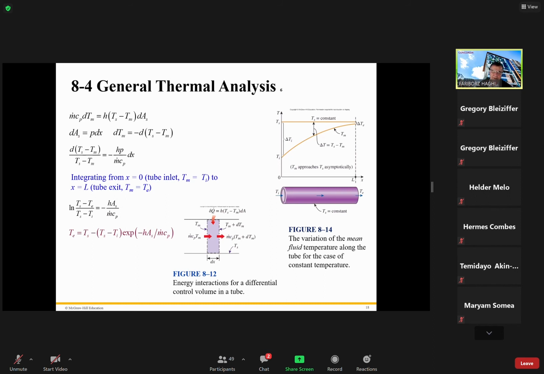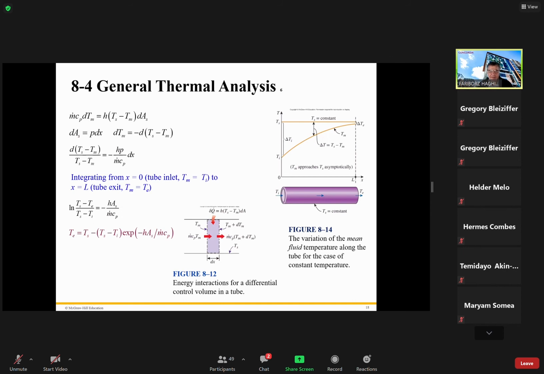Do you know why this temperature could be at any place? Because this is the surface area, and this surface area is perimeter times length, right here. Therefore, this is the perimeter of the pipe, pi d times x. Therefore, when I calculate this S here, it means